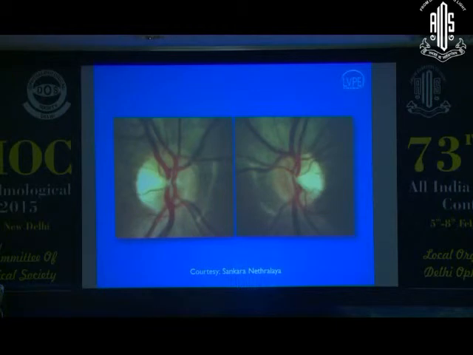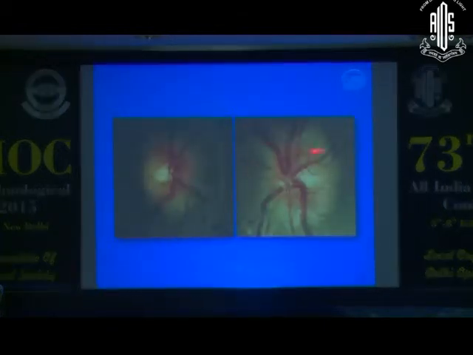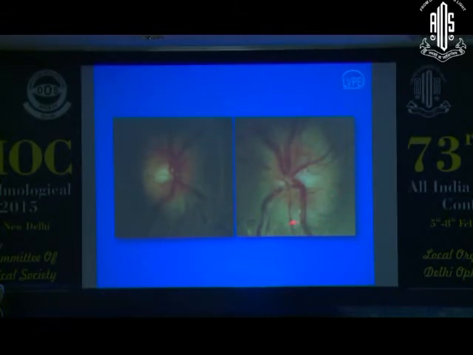This is an obliquely inserted disc. That's why the nerve fiber layer on the nasal side has to climb on the disc. And that's why we see this elevation, but the nerve fiber layer is transparent. In contrast to this is obviously edematous, opaque nerve fiber layer. This is true disc edema, and the previous was pseudo disc edema. In addition, there is one hard exudate here, which is again a sign of true disc edema.